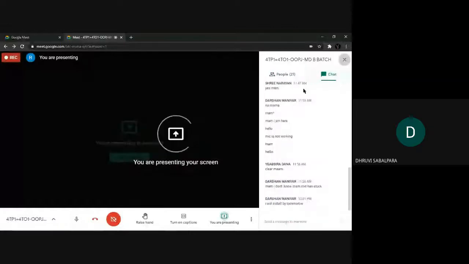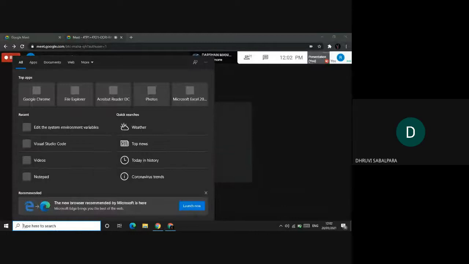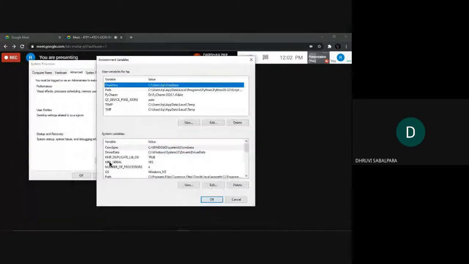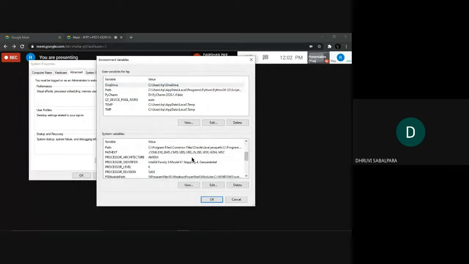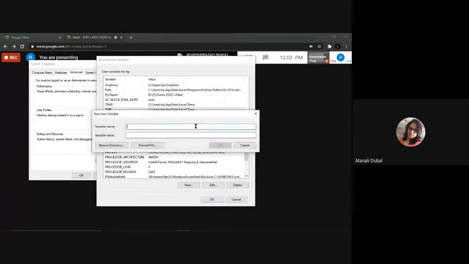Let me see the environment variables. All right, okay, class path you have not set. Why? Ma'am, it was already installed. Yes, it is installed, but you have to set the path. See, this is not your Java's path. Okay, go to user variable, Raj. What did I tell you? Go to user variable, click on new and set the class path. Why haven't you done the steps?